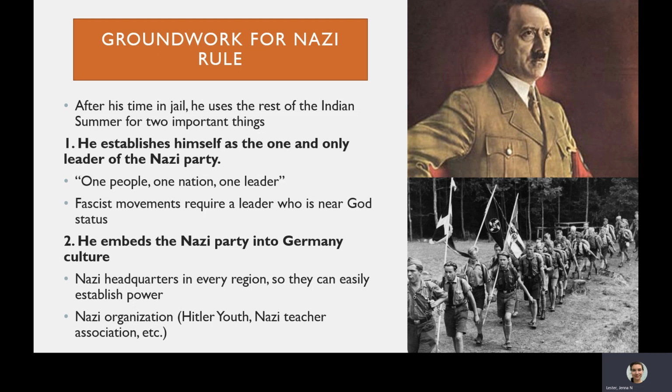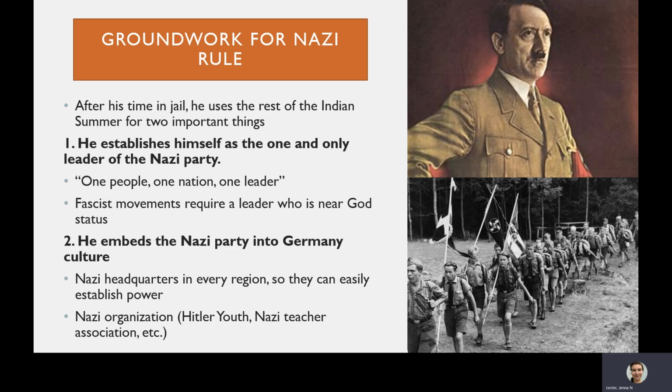So, twofold purpose. Like I was saying, he starts a bunch of Nazi organizations, like the Hitler Youth, sort of like the Boy Scouts, not quite like the Boy Scouts, but what he was doing with Hitler Youth is training these young boys to become soldiers in the German army. Because if you remember, under the Treaty of Versailles, Germany's not allowed to have a standing army. So in this kind of sneaky way, he's training thousands and thousands of soldiers through the guise of a Boy Scout-like organization. It's not actually like the Boy Scouts, but that's how it was advertised.